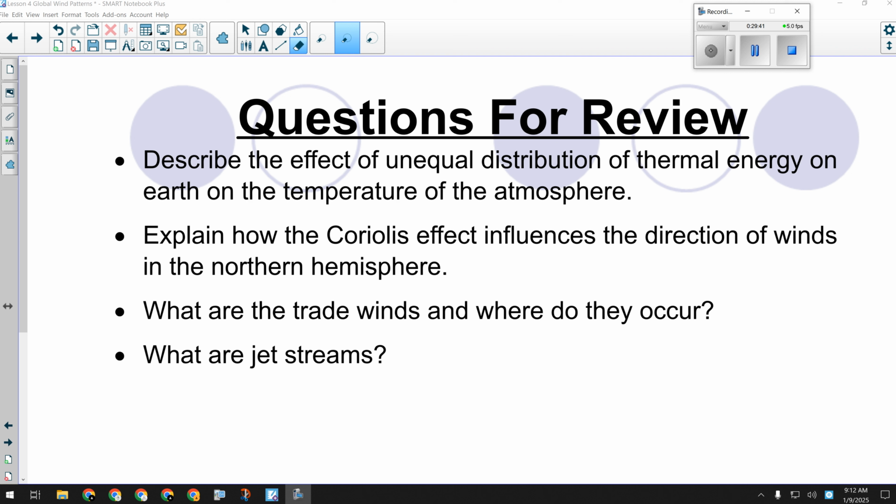All right, and what are jet streams? Jet streams are high altitude, high speed winds that can move moisture-laden air masses around, helping to transfer latent heat